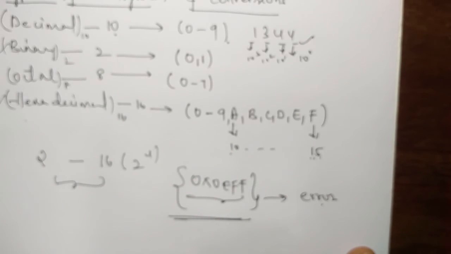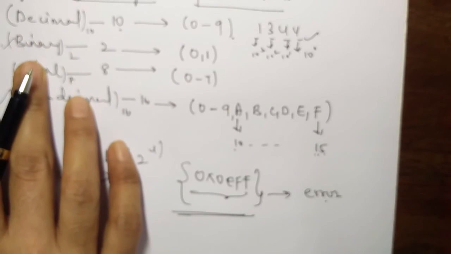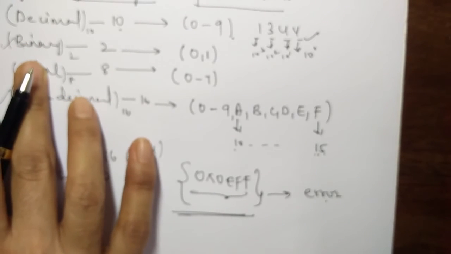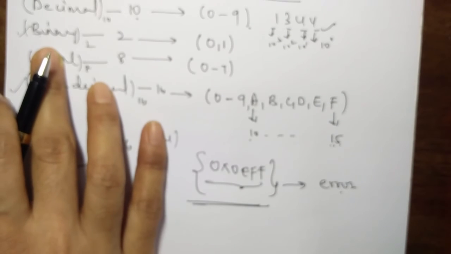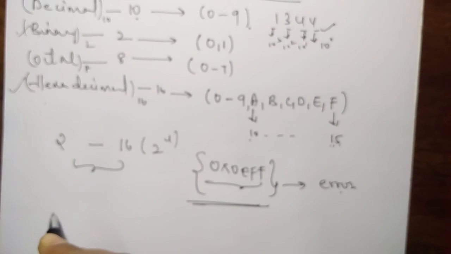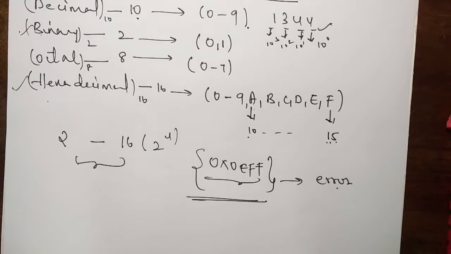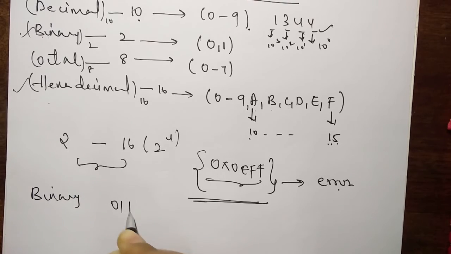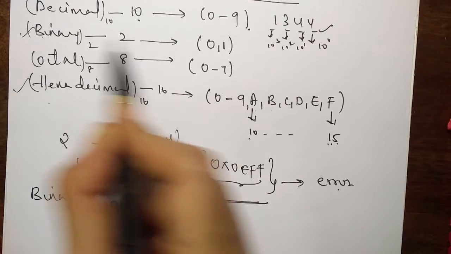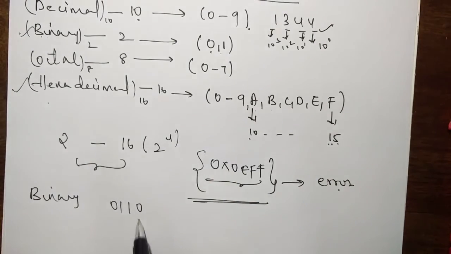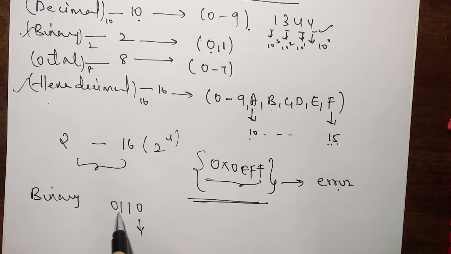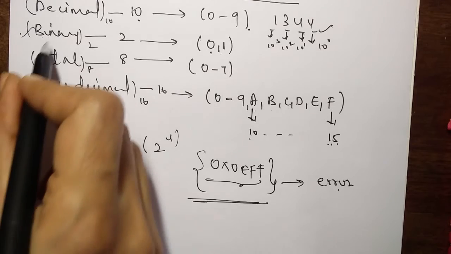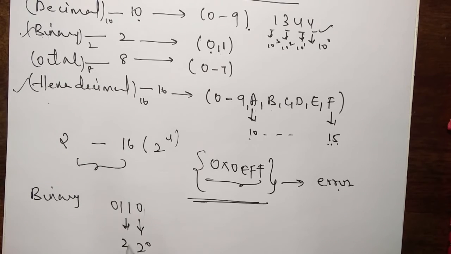Now to explain the weight system of binary, the positioning in the binary number system, I'll take an example like 0, 1, 1, 0. You can't write 2, 3, 4 here because the binary number system only takes 2 values, zeros and ones. Each digit in this group of numbers has some weight: 2 power 0, because the radix value of binary is 2, then 2 power 1, 2 power 2, 2 power 3.